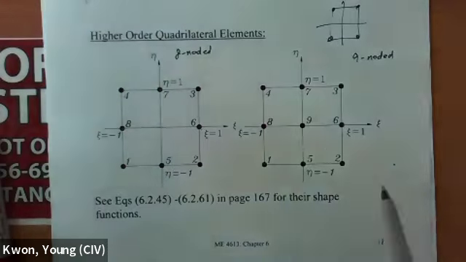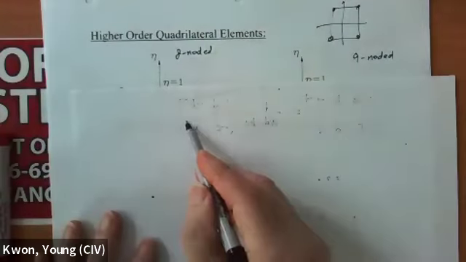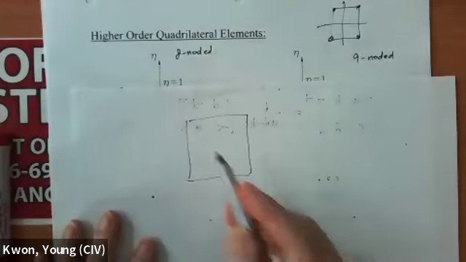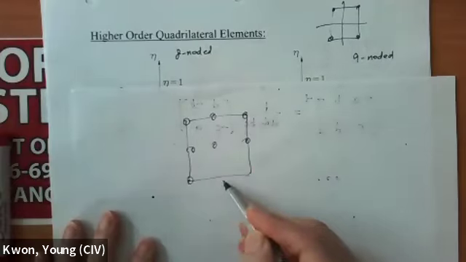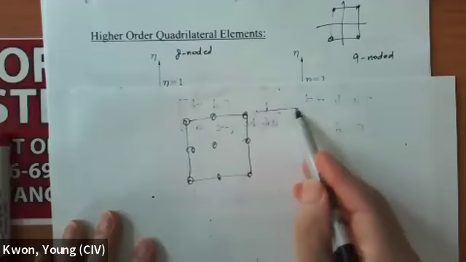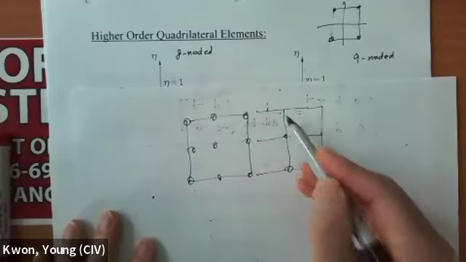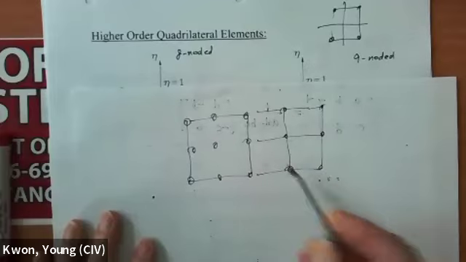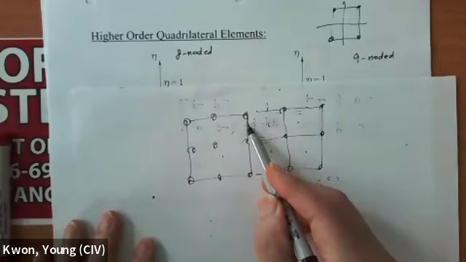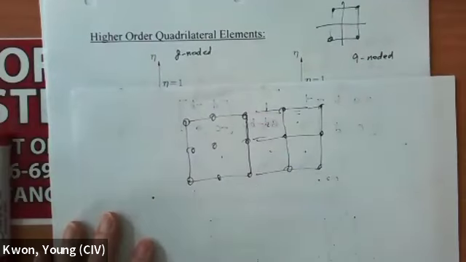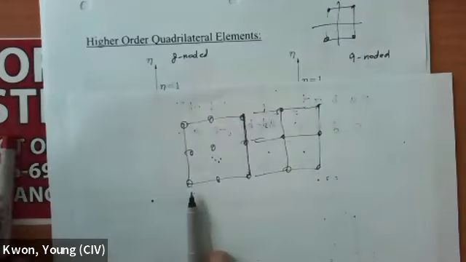I think I talked about this problem some time ago because somebody had a question: if I have, let's say, a 9-noded element here, and then this is mapped with a 4-noded element, so this is each element, one element each, right? Then along this boundary, I said there is a mismatch,